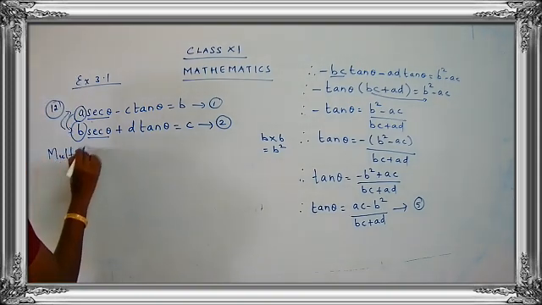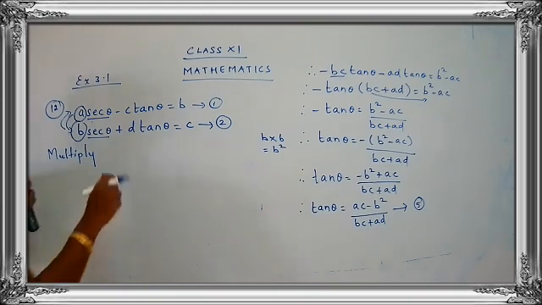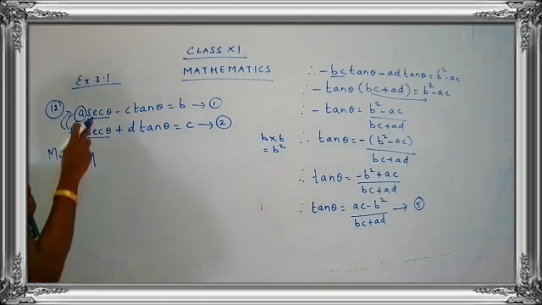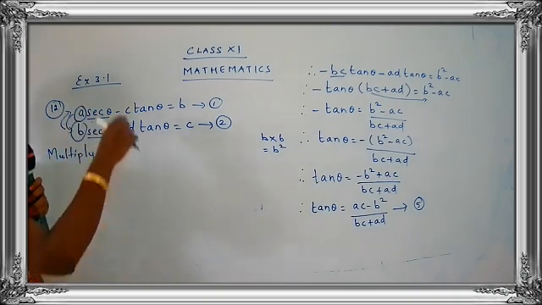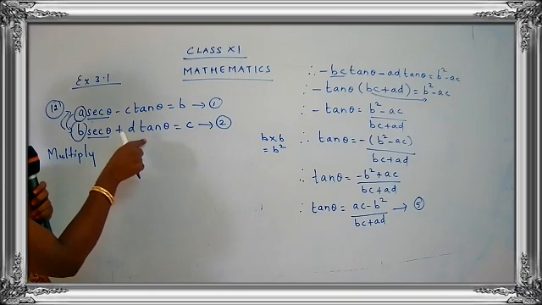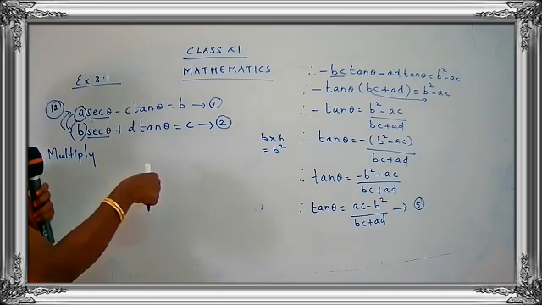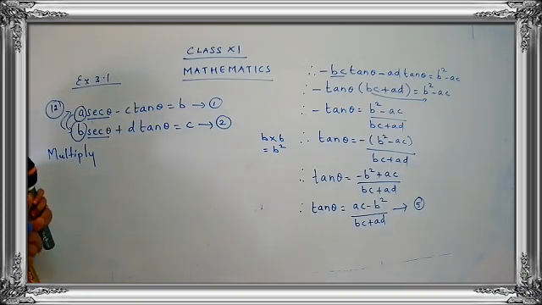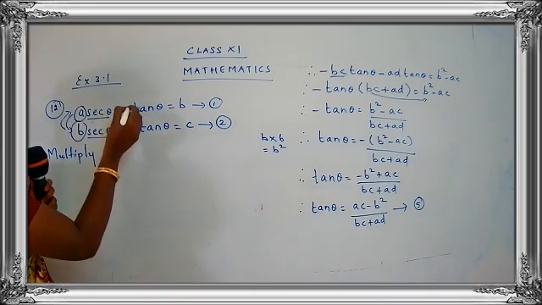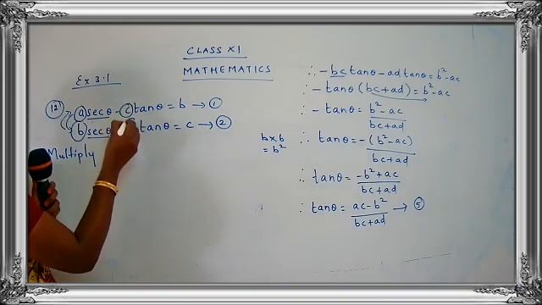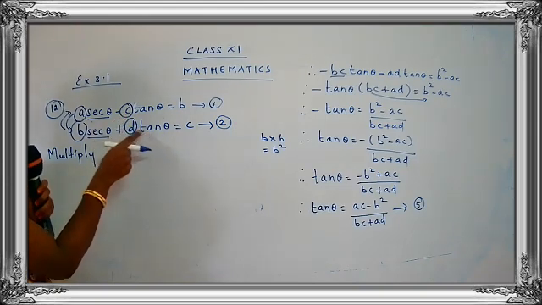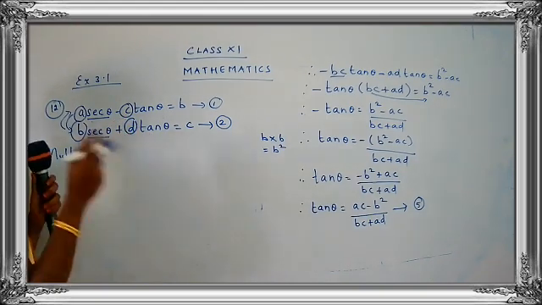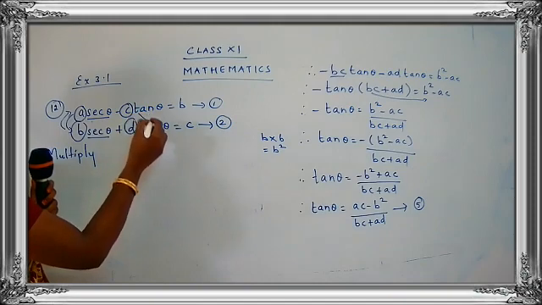So after completing this step, you are going to write down one more step over here. So now here, what I am going to do? Just see here. So in the previous case, we tried to cancel sec theta, okay. So now here, that is for the second type, I am going to cut this part. That is, I am going to eliminate tan theta. I don't want tan theta. So what are you going to do? Okay, you have to just see the coefficients of tan theta. What is the coefficient of tan theta here? C. Okay. What is the coefficient of tan theta here? D. Very simple thing. Just exchange them.